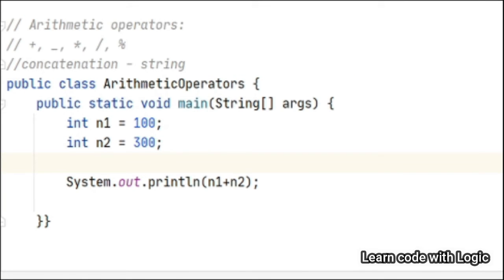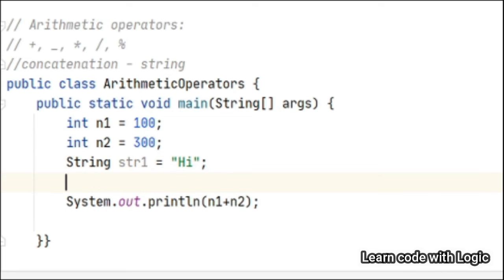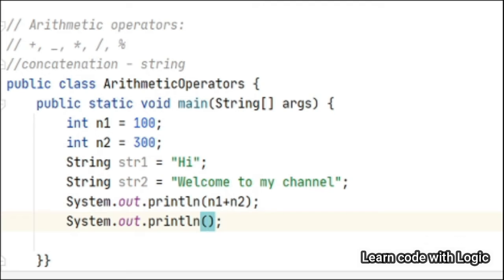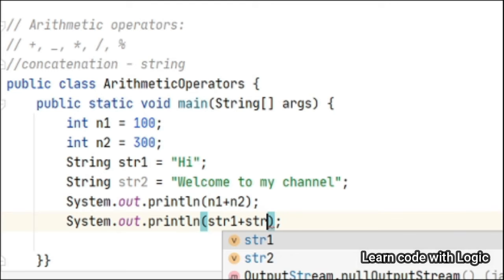Suppose you have string data type, str1 is "hi," and str2 is "welcome to my channel." Let's do some string concatenation now. str1 plus str2.